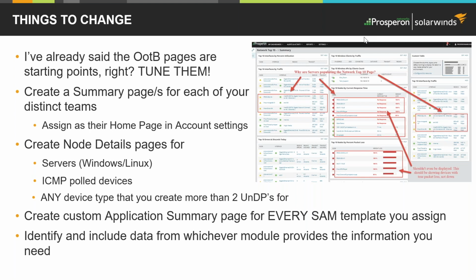So take them, look at them, review them, identify the data that's missing, and adjust the way of presenting it. Build upon them, and then start adding. What do you need to add? Additional dashboard pages for your roles, for your technology stacks, for your service applications. And this is the biggest one for us: when we are working with customers that have the SAM module and other of the SysMan module technologies,